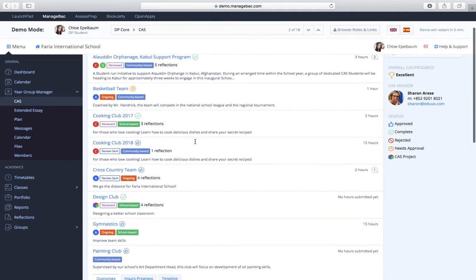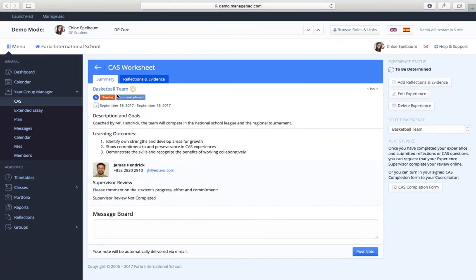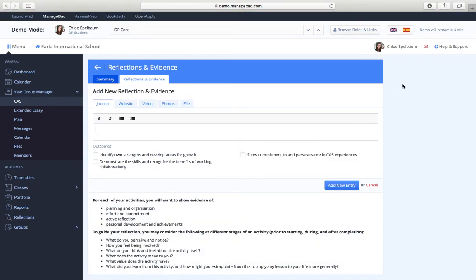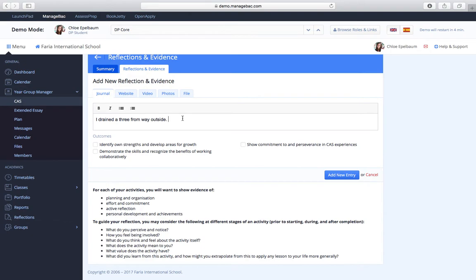Now, I'm going to join the basketball team. Excuse me, not already join it. I've already been there. From here, I'm going to add CAS Reflections and evidence. That's clearly not enough for a CAS reflection, but for the sake of our video, that's enough, right? And anyone who knows me knows that I can drain a 3 from way outside,